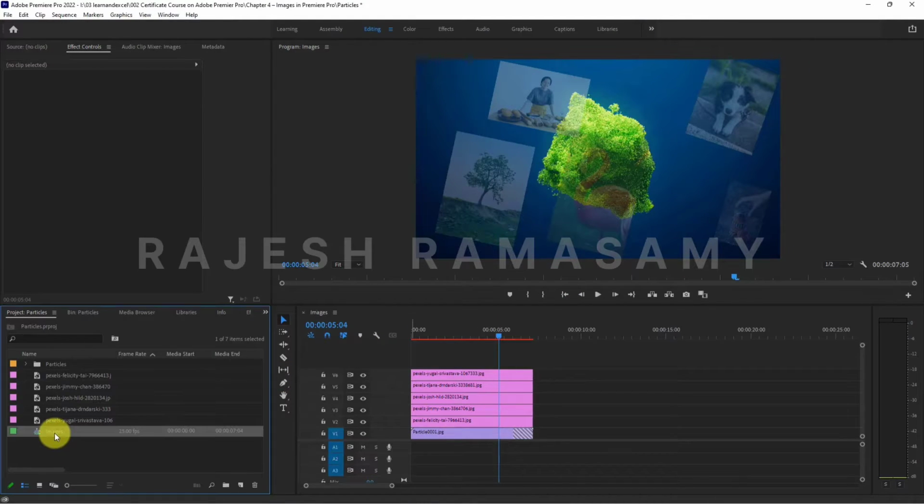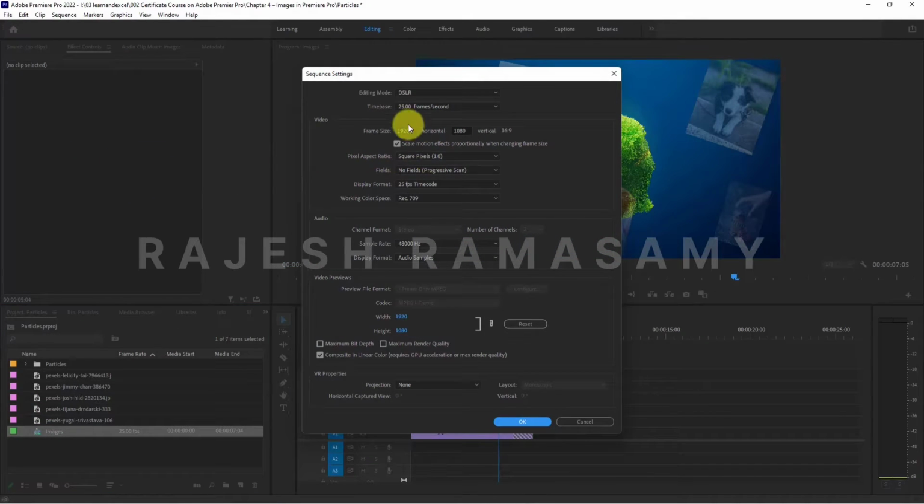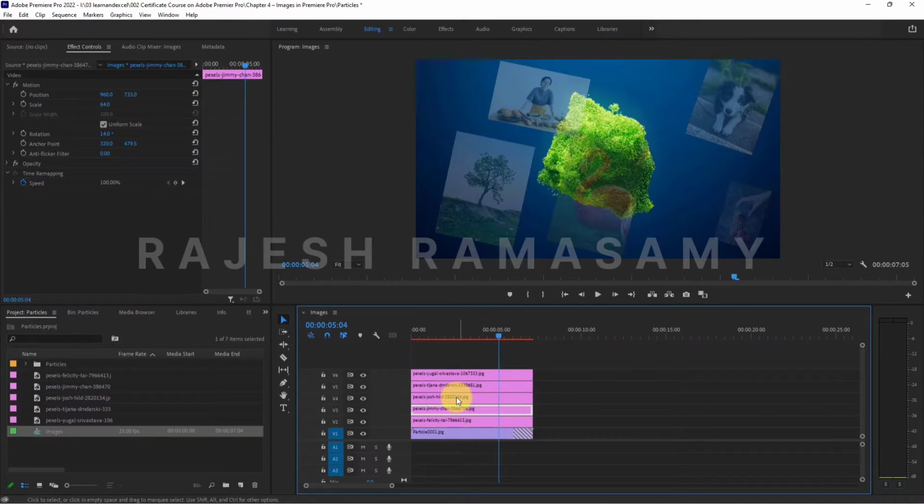If you look at this sequence, I come to the sequence and I'm going to choose this sequence setting. So I choose the sequence setting. You can see we have 1920 by 1080. This is the full HD resolution dimension. Now I choose OK. If you look at each and every image, we have different dimensions as well as